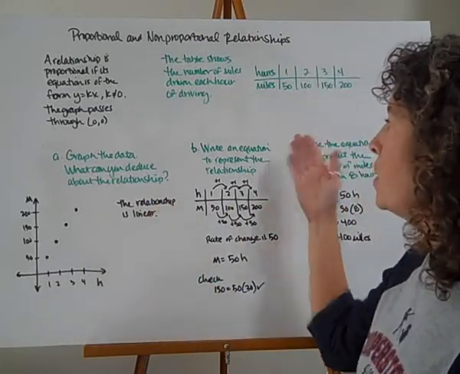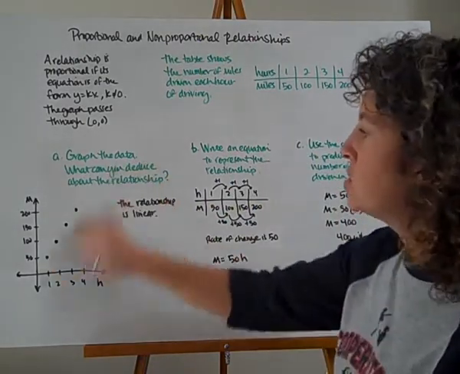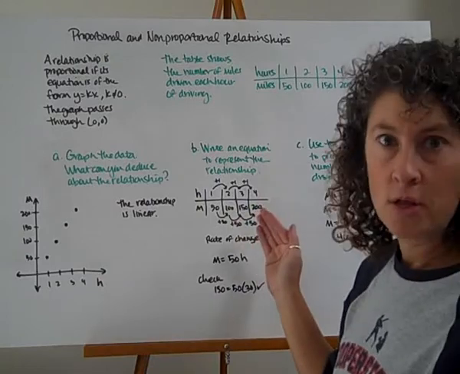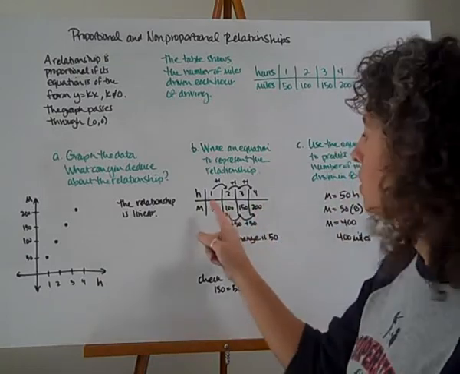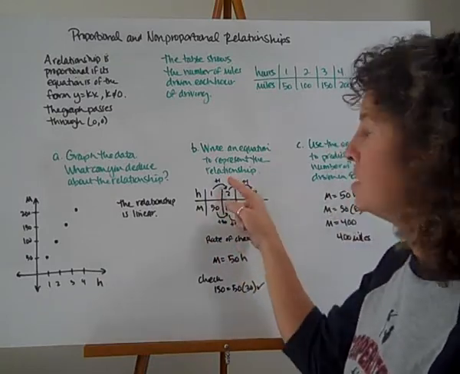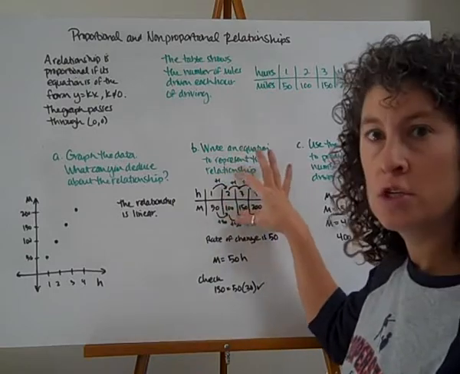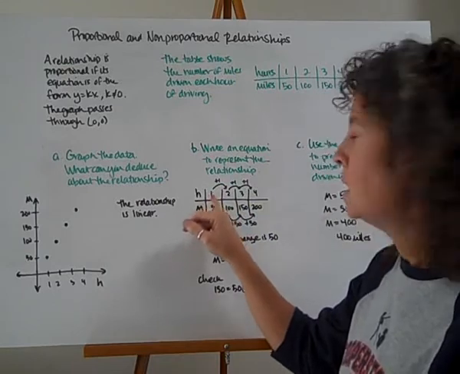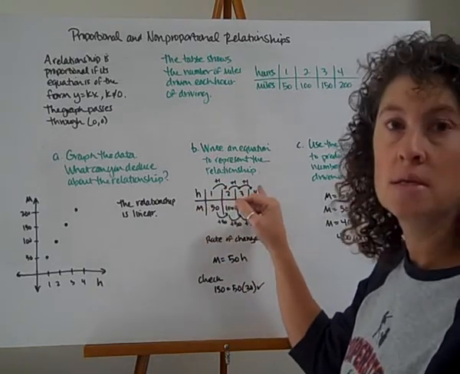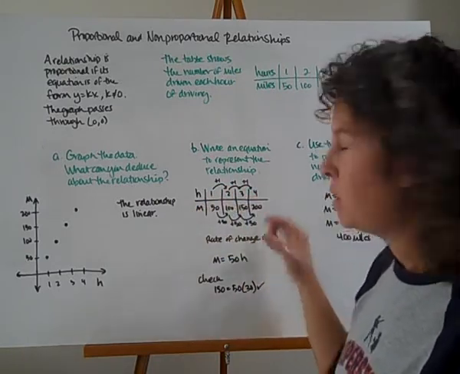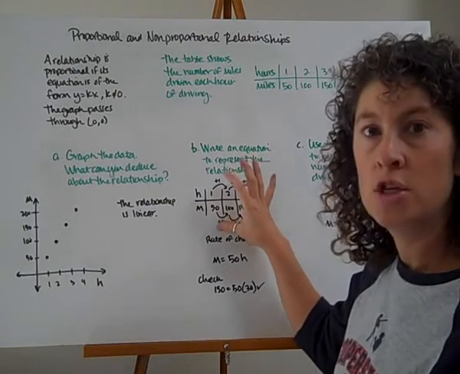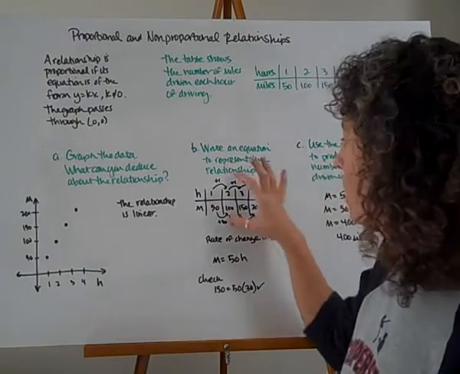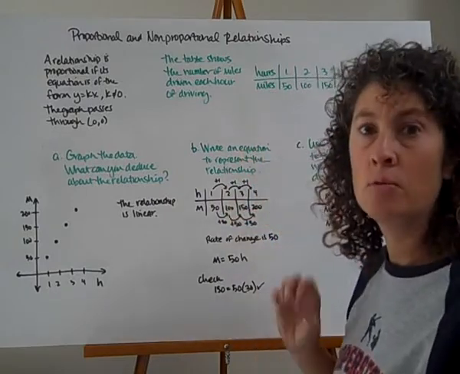Second question, write an equation to represent the relationship. So now that we've seen that it's linear, we know there is a constant rate of change. We can look for that constant rate of change from our table. So we can look at how the y value is changing compared to the x value. And each of these relationships should be the same. I know we're looking at tables here where the input kind of goes up by a nice even amount. Doesn't necessarily have to be that way. It should be that whenever I divide my change in y by my change in x, which is our rate, or our slope if we think about it that way, then I get the same rate of change.